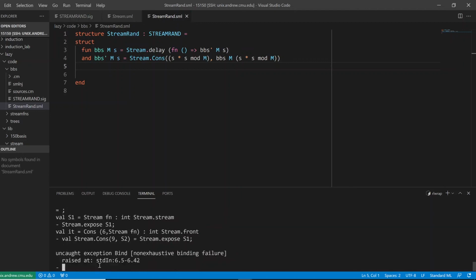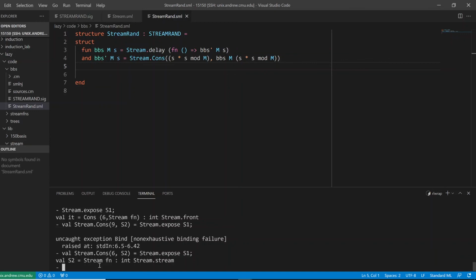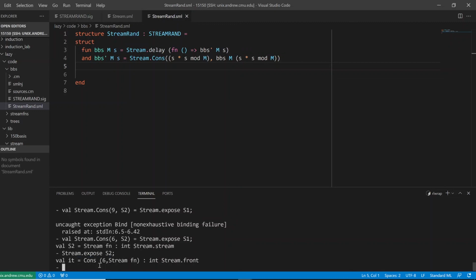We put the semicolon there. We have a bind failure. And that makes sense because this is supposed to be 6 here. As you can see, this passes. And if we do stream.expose, let me go up in the command, and expose now s2, as you can see, it's 6 again. And if you actually do the Blum Blum Shub number generator, you will see that it keeps being 6 with this initial set of numbers. Kind of cool, right?